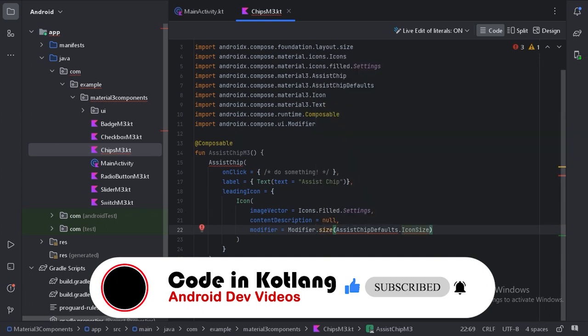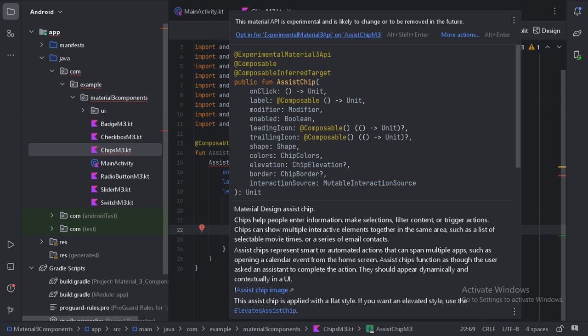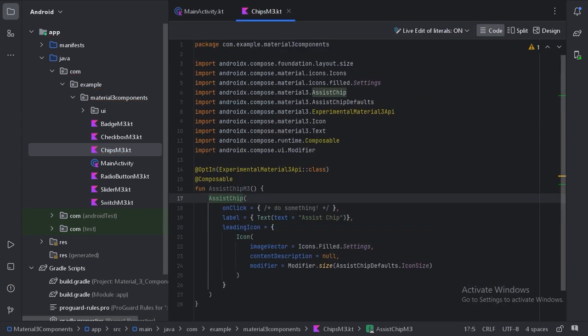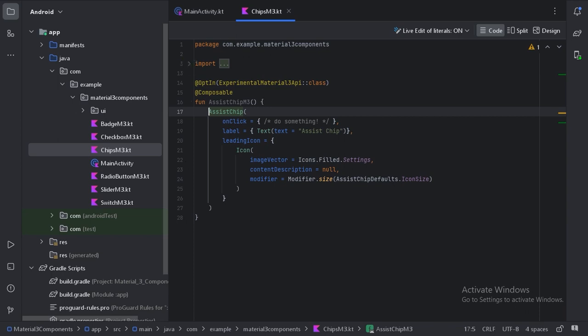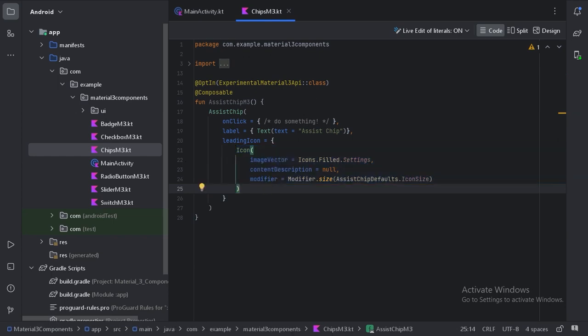So here this is giving an error, so let's hover over it and use this experimental Material 3 API, and let's also minimize these imports. So here what we are doing is providing this settings leading icon. Here I have not used a size modifier, so we will use the default icon size of this assist chip.